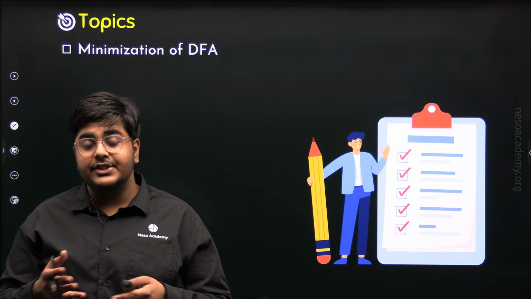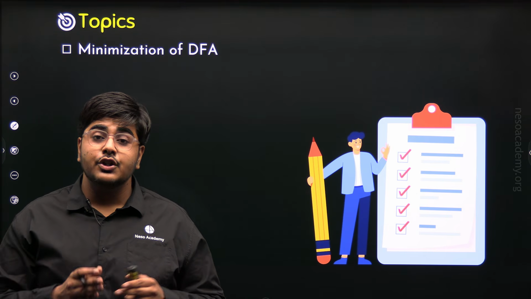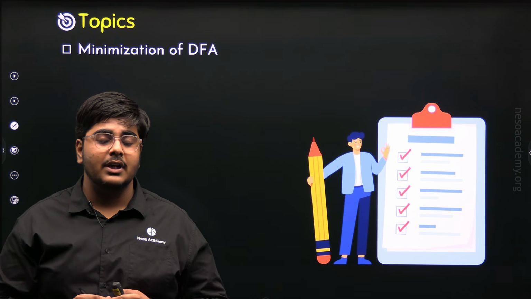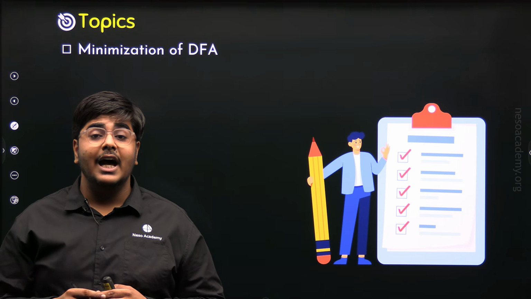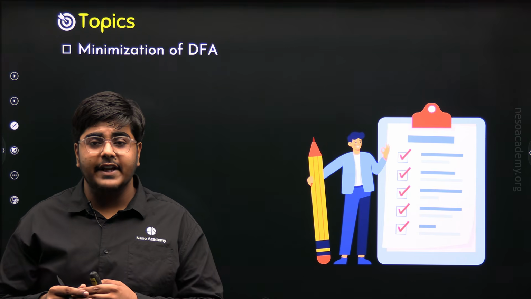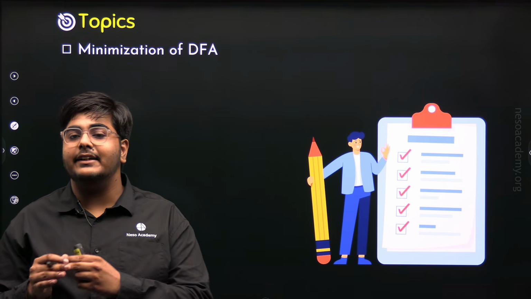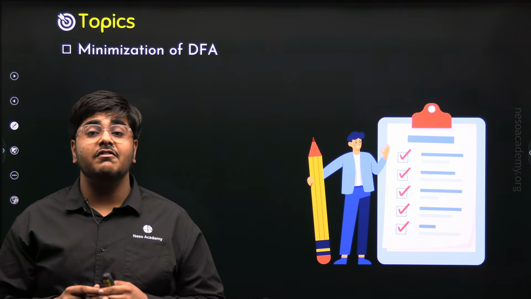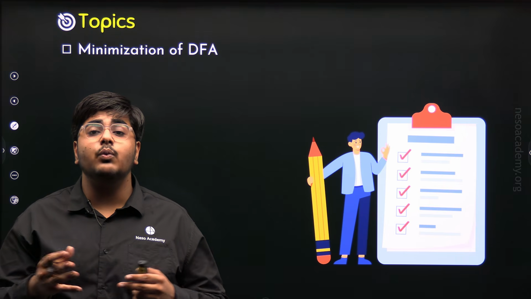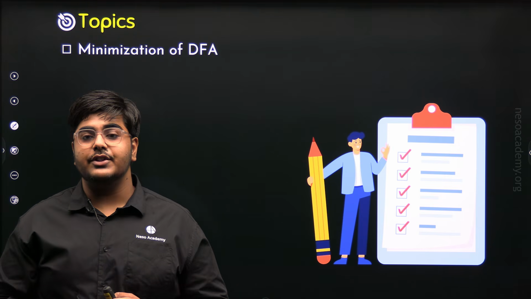Now, both the students tried constructing the DFAs and finally they have constructed their DFAs. Student A constructed a DFA having 5 states to accept that language, and student B constructed the DFA having 4 states to accept that language. The teacher checked both of the DFAs and finally announced that both the DFAs are valid and correct DFAs. So this gives us a very important conclusion that for one language, there can be more than one DFAs possible. So there can be multiple DFAs possible for the same language.